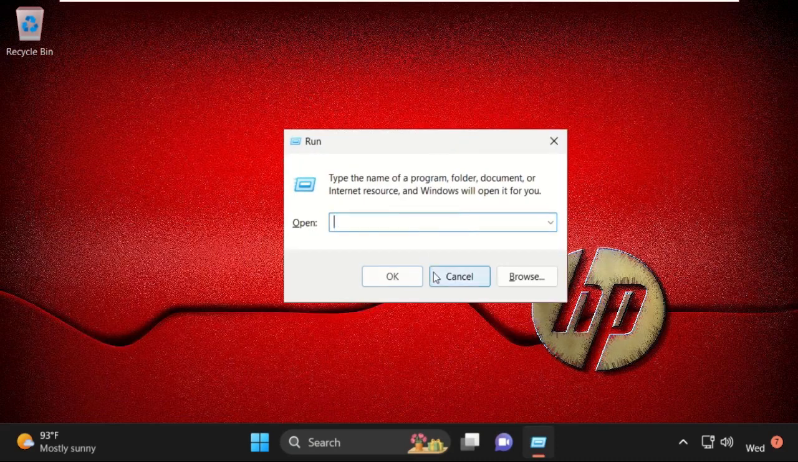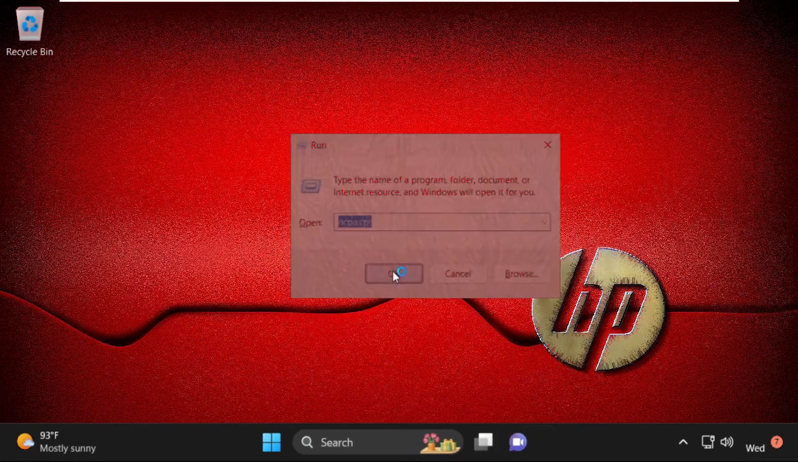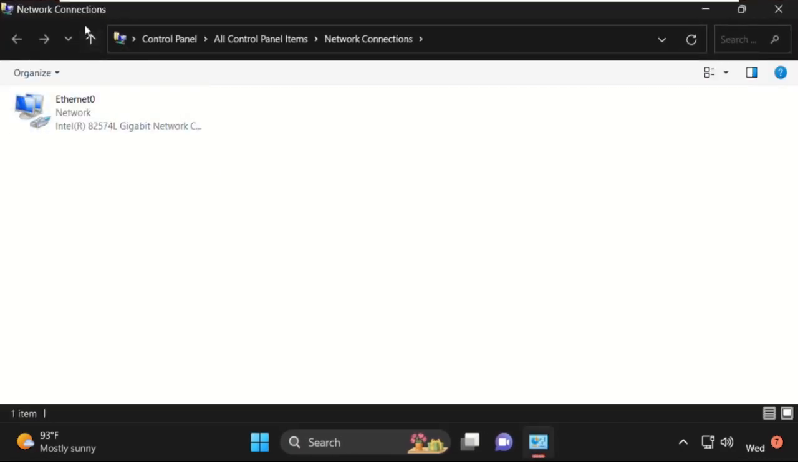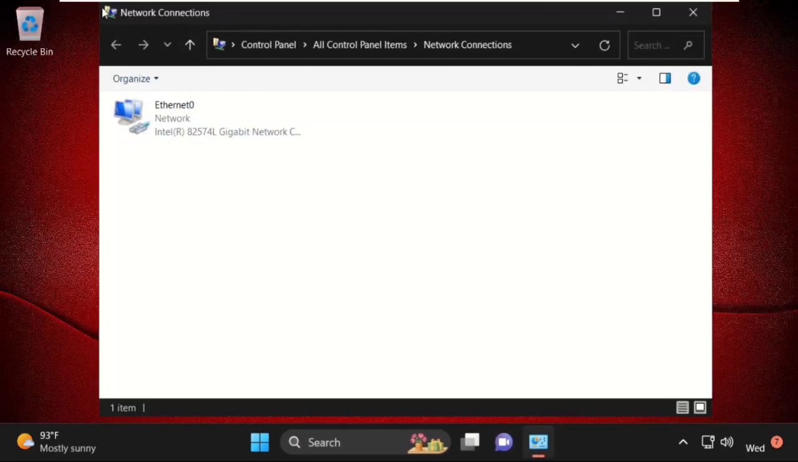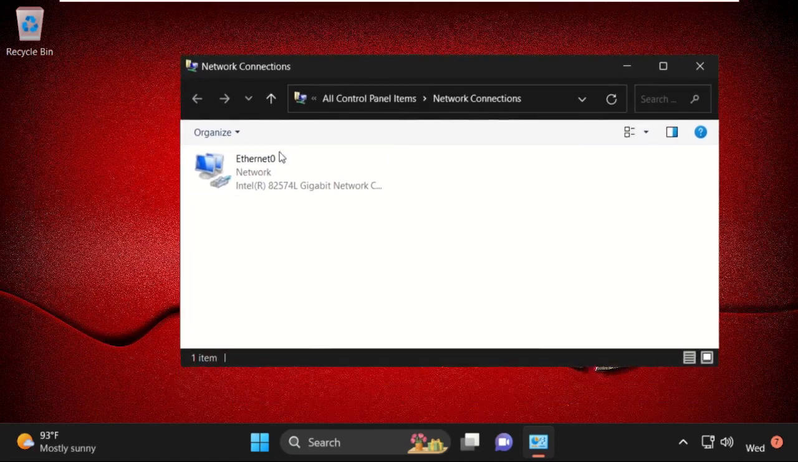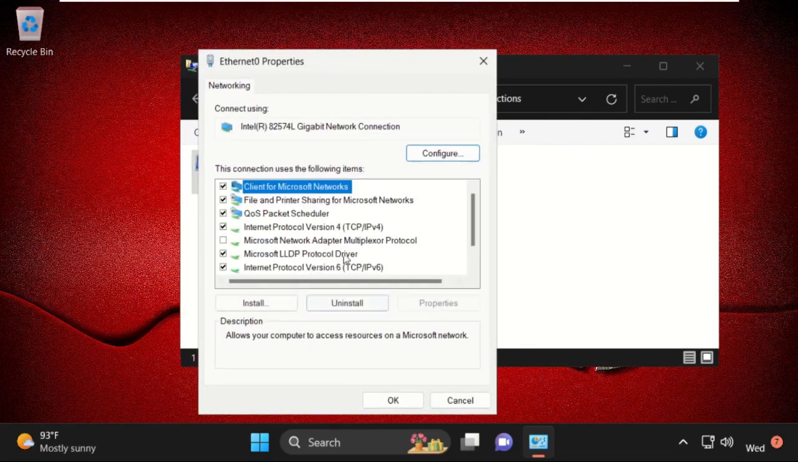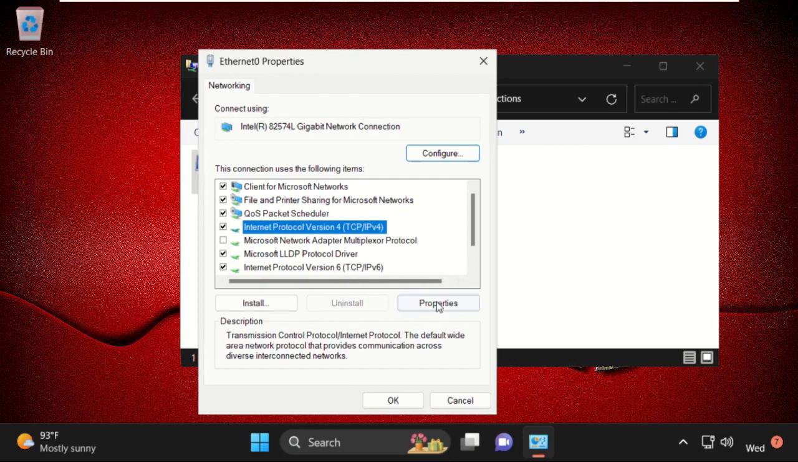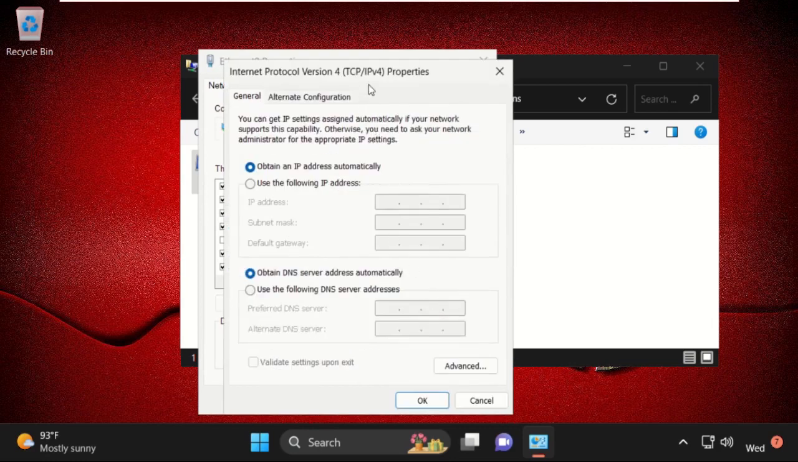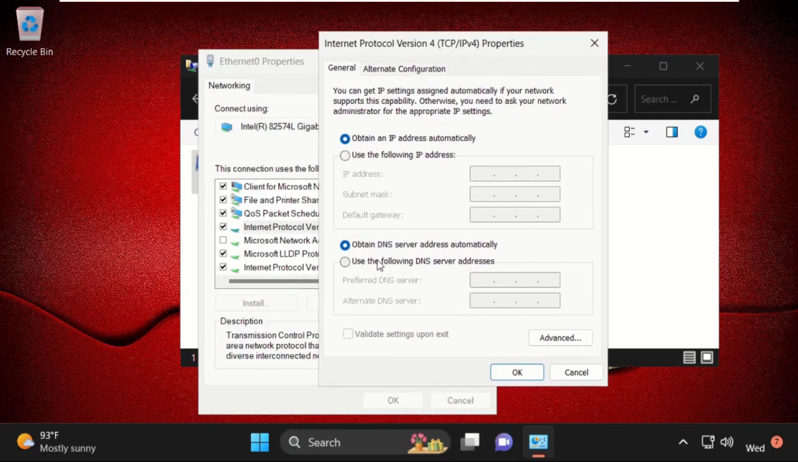Then type here ncpa.cpl and hit enter. It will open your network connections. Once we are here, we need to simply right click on your internet connection, then select properties, then select IPv4 and open its properties. Once we are here, we are going to use this option, use the following DNS server addresses. So check this option and enter here